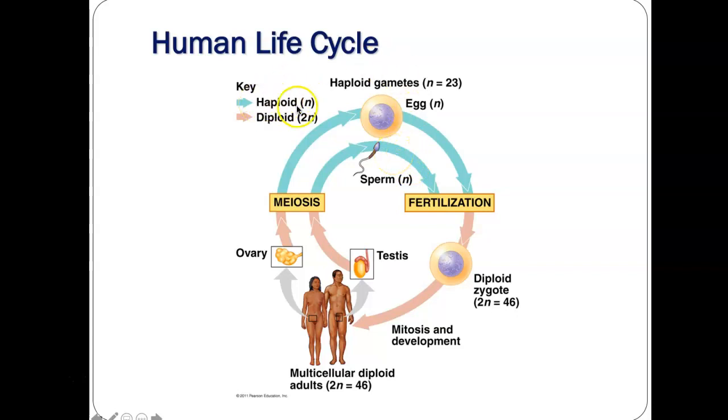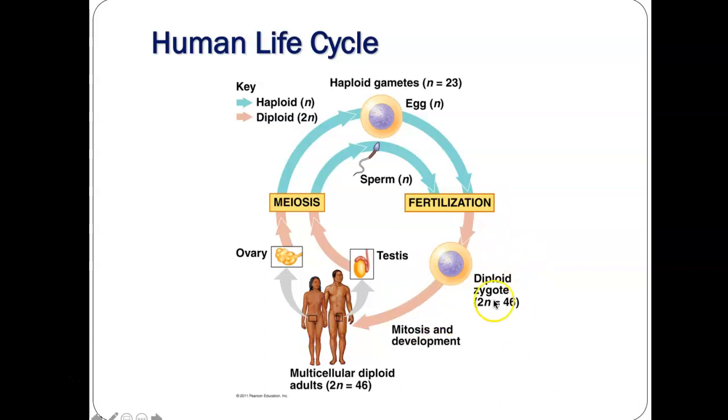That's called haploid. It's only one set of chromosomes. It's 23. It's called haploid. I need you to circle that word. Then, through fertilization, the sperm and the egg unite to form a diploid zygote. So do you see how the 23 chromosomes of the egg from mom combine with the 23 chromosomes from the sperm from dad to form a diploid 46 chromosome cell?